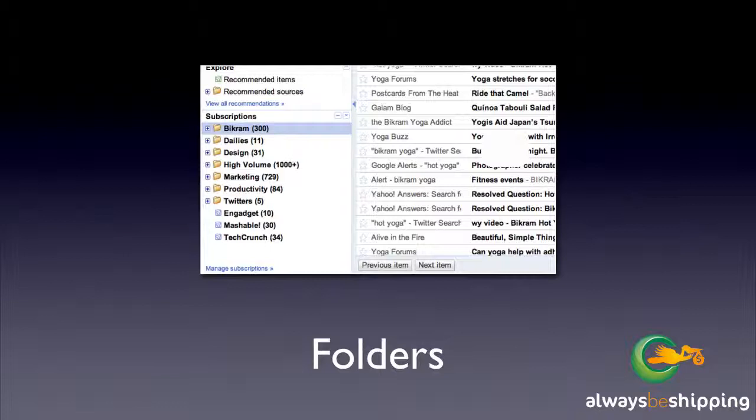And in your own niche, you will find that doing the same will help you immensely. Create a folder of these sites that you always go to and go, oh my gosh, this is great. Put those in a separate folder, call it dailies, call it must reads, call it whatever you'd like, and then